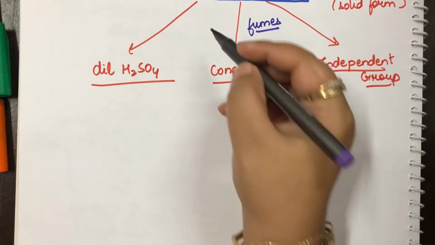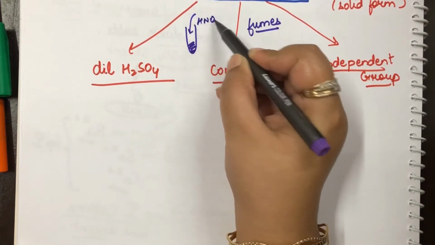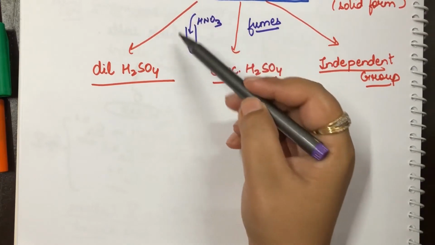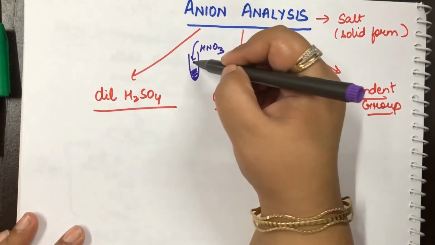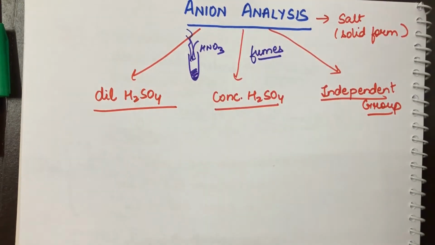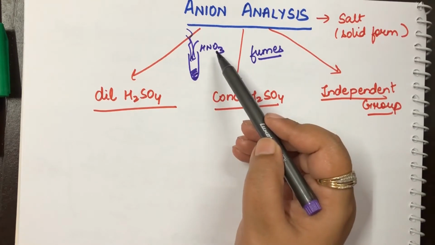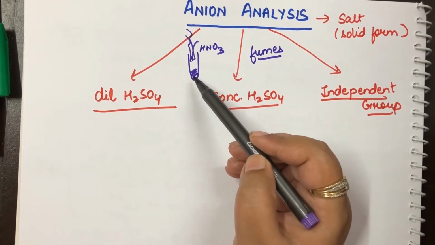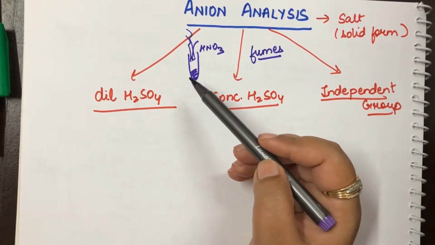What will happen? You have taken your test tube, you have added salt, and let's say you added HNO3. So now what will happen? The moment these two mix together, HNO3 will also come out as fumes, because we know the volatility of HNO3 is very high. So it will be very difficult for you to go further into the study, because you do not know if the fumes are of the salt or of the acid. We have to analyze the salt here, so we just want the fumes coming out from the salt and not the acid itself.